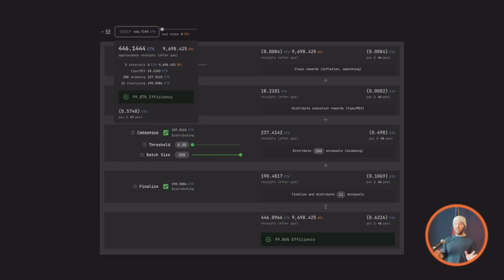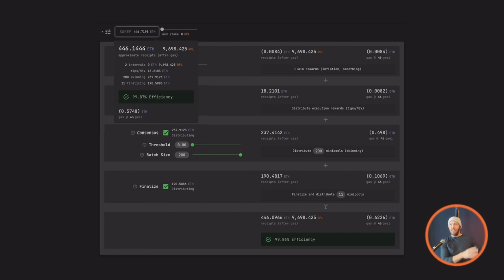I should have said this first. A huge caveat is that your withdrawal address needs to be a Safe to use Rocket Sweep for batch transactions. You can use the viewing, just looking at your node and seeing how it's doing, regardless of your setup. You can be on all nodes, you can be running in your basement, you can have your withdrawal address set to a weird split contract, and you can still pull up the node address and see what's sitting there. But to actually issue a sweep, it's going to batch up the transactions and send them off to the Safe transaction service, which is what the Gnosis Safe uses to propose a transaction to your multi-sig,